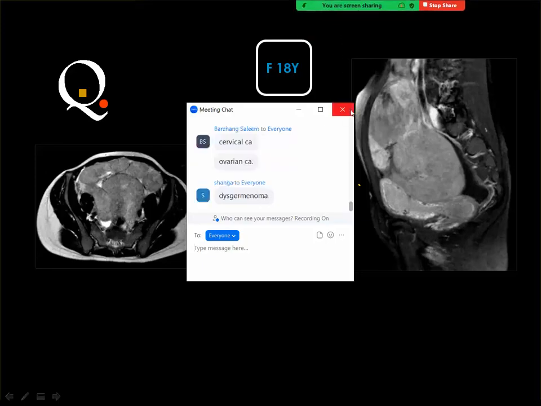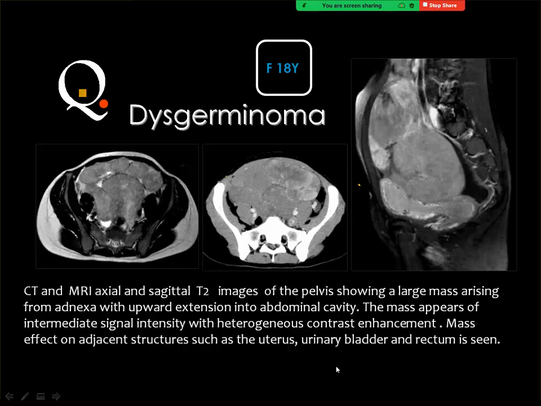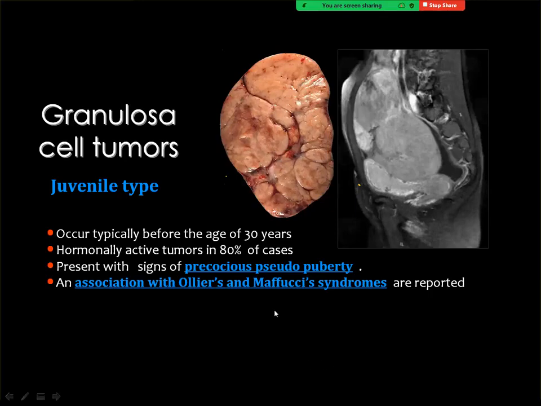And yes, this is dysgerminoma. This appearance, in my opinion, is considered a spot diagnosis. If you have a big mass in the pelvis at a relatively young age, and you think of an ovarian tumor, an ovarian dysgerminoma, particularly if you have enough sections to see that the uterus is not involved, then this is the ovarian dysgerminoma. And you know you have two types of dysgerminoma in the ovarian type, the juvenile type